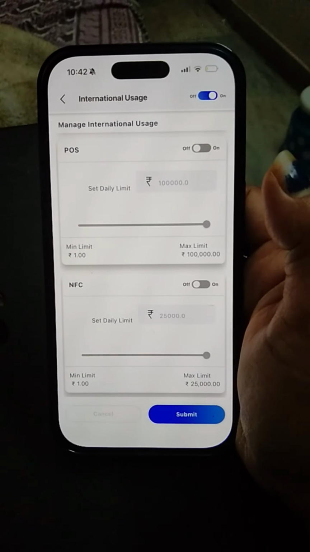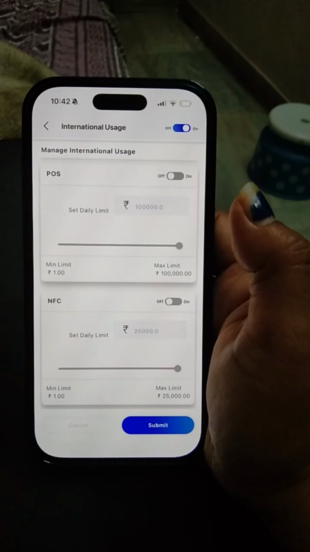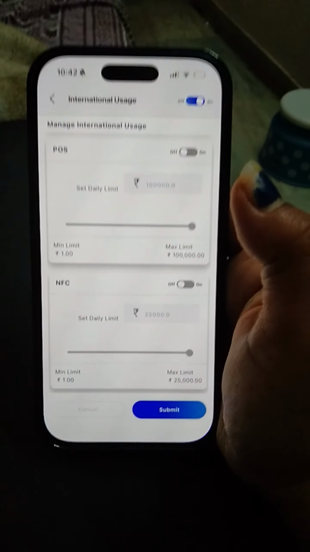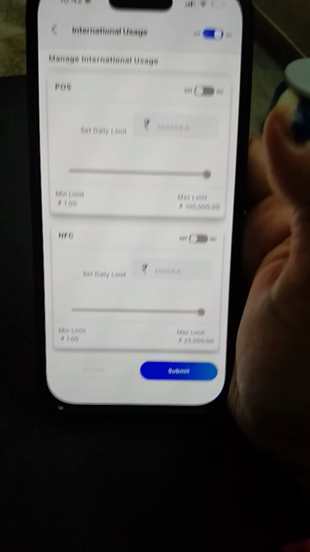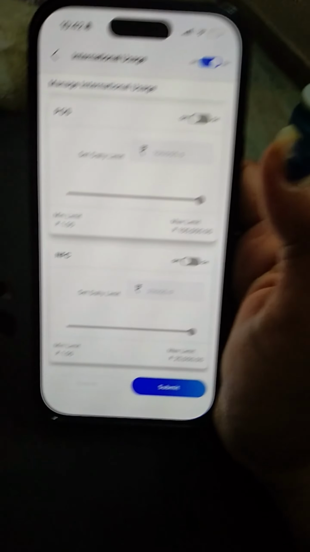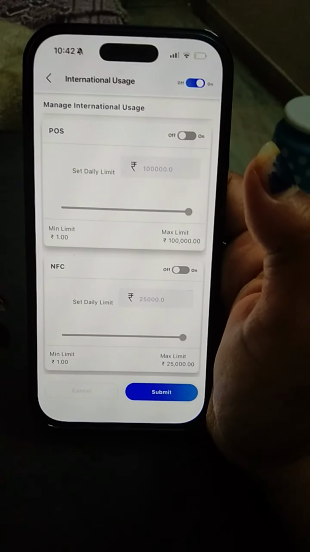It doesn't require a QR code also. So you have to be very cautious with this one. This is the third reel for the travel checklist before you travel anywhere. This is very, very important, and you need to keep these things in mind.